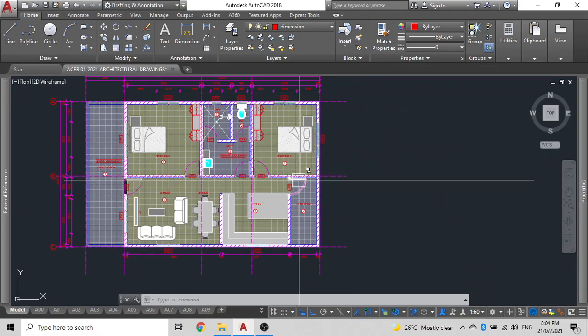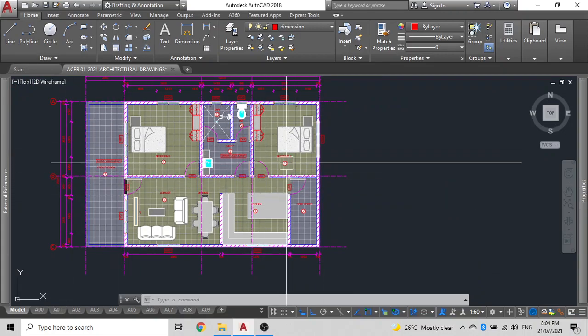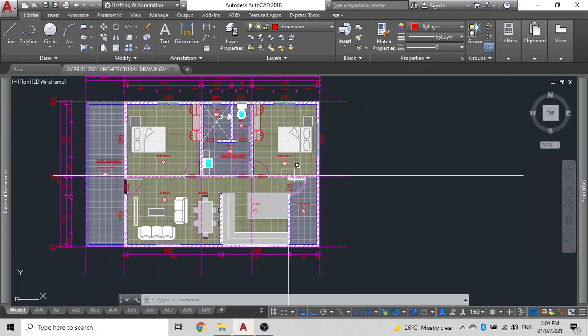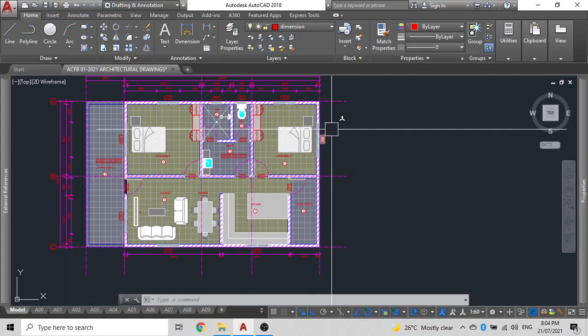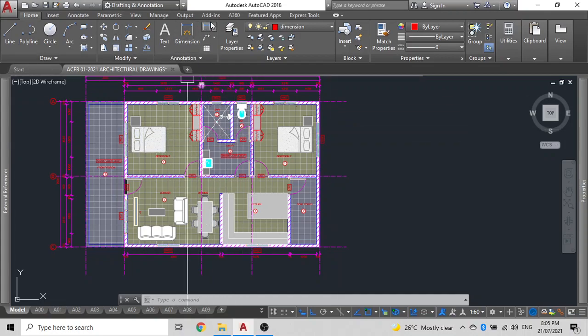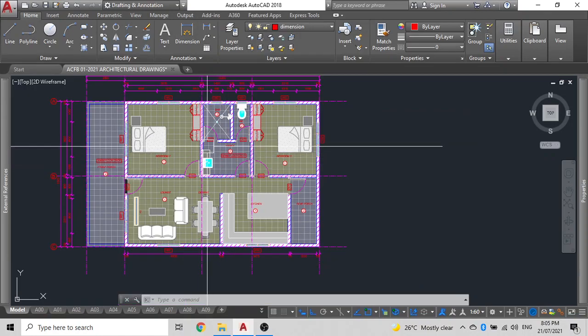Now we'll dimension this side, but since these two are of the same size as these two, we'll leave them as they are, so you can follow this dimension. Or if you wish, you can just mirror your dimension, or you can place your dimension there by yourself. Now we'll dimension this door